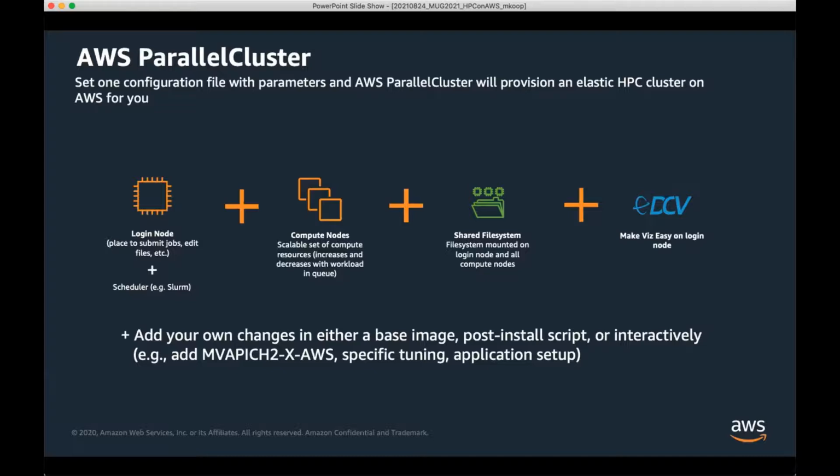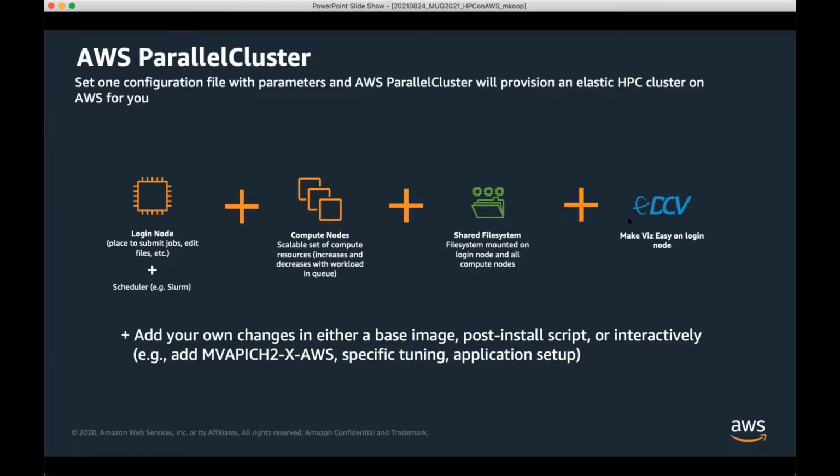So it will create like a login node, and that's where you can log in, submit jobs, compile things, and it has a scheduler already. It will also create a number of compute nodes. The cool part is it can be elastic. So if you're not using it, you can configure it so it will go down to no compute nodes. And similarly, you could say, go up to 500 compute nodes if I need it. Right, and we'll only scale it up when you need it and shut it down. You can also set up a shared file system, right? So it does all the SSH keys and everything else for you, as well as makes it easy to use